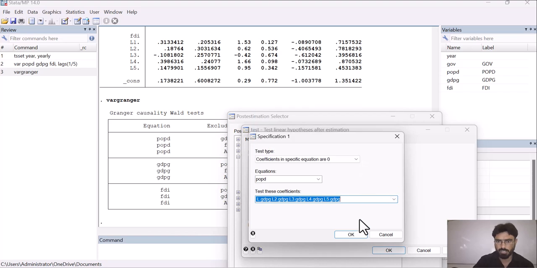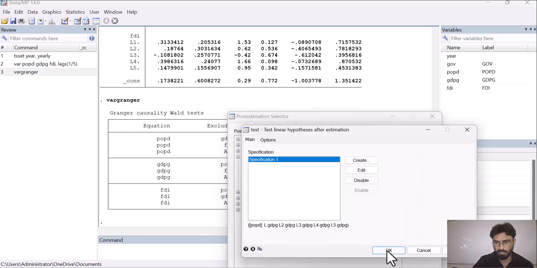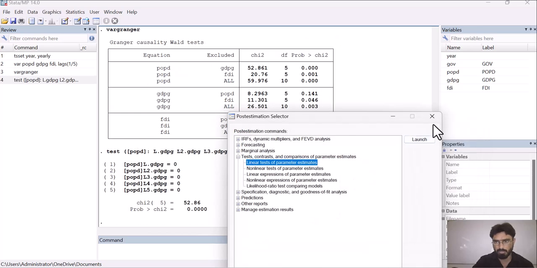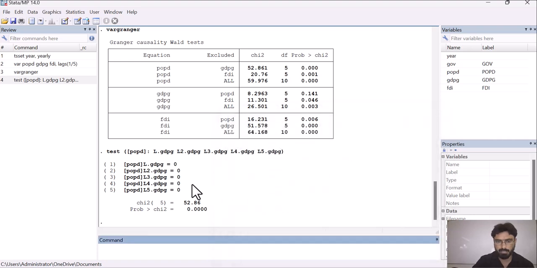Now I have selected all the values of GDPG, then click on OK, then again on OK. Here it has given us the results for the second method, which tells us whether there exists a short run joint significant effect of these variables or not. So what is the H naught?